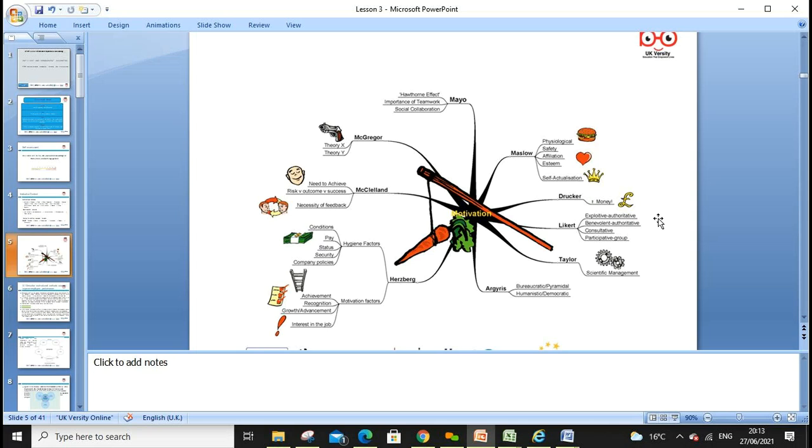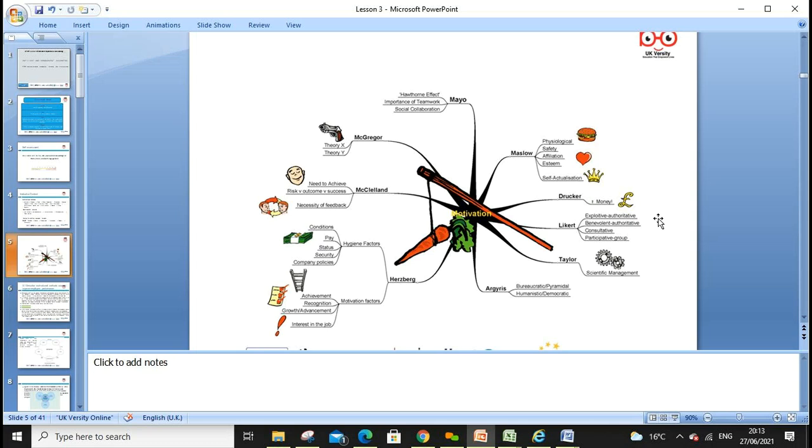Okay. Then F.W. Taylor, which is Frederick Winslow Taylor, gave the scientific school. Taylor was a bricklayer. He studied an evening course and got a degree in management. He's also known as the father of the scientific school of management. He did the time and motion study. He did the piece rate. He said the management's task is to create a surplus.